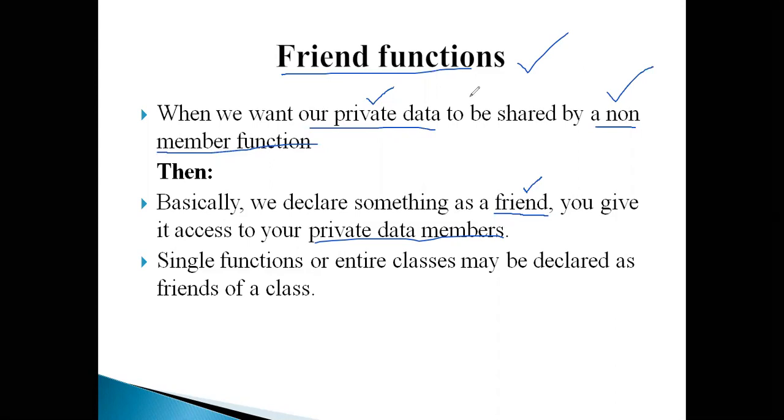Basically, in general, in normal terminology, friend means sharing something. For example, if we have friends, ultimately we share something with our friends. Similarly, in a class, if some private data is there, then that private data is related to only that particular class. It is not shared with any other classes. But in some cases, it is essential to share the private data of one class with other classes also. So whenever you want to share the private data of one class with other classes, I can declare that function as a friend function to access the private data of other classes.